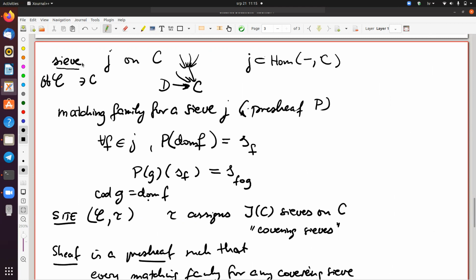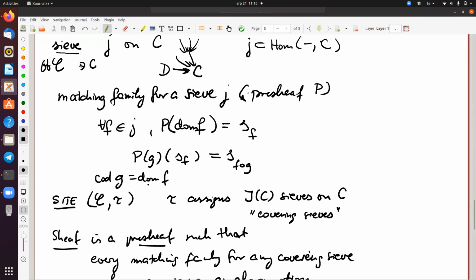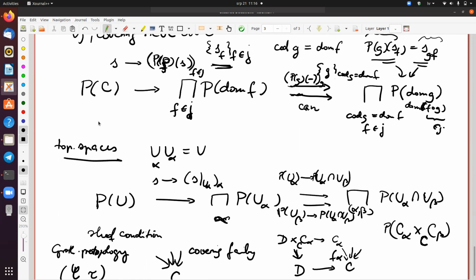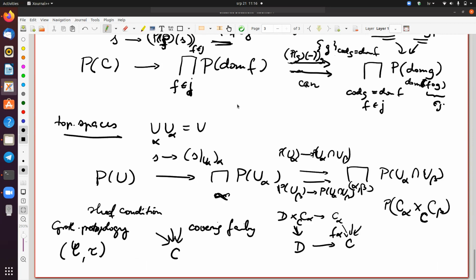Ringoid is a small pre-additive category, and again the same kind of condition holds. And then one more thing in this story is that if you look at the category of pre-sheaves, and you consider inside this category the sheaves, then for these sheaves